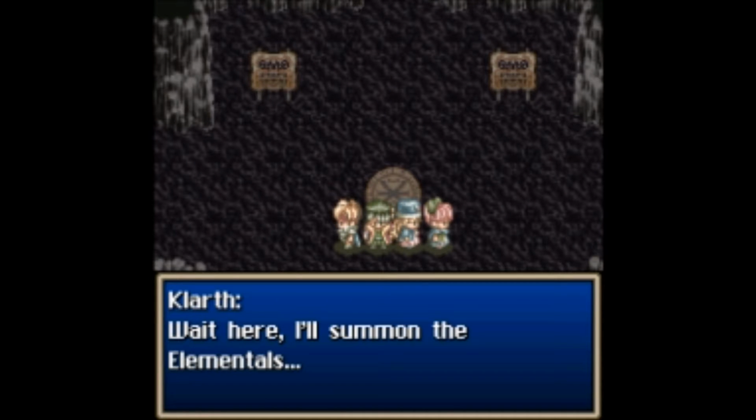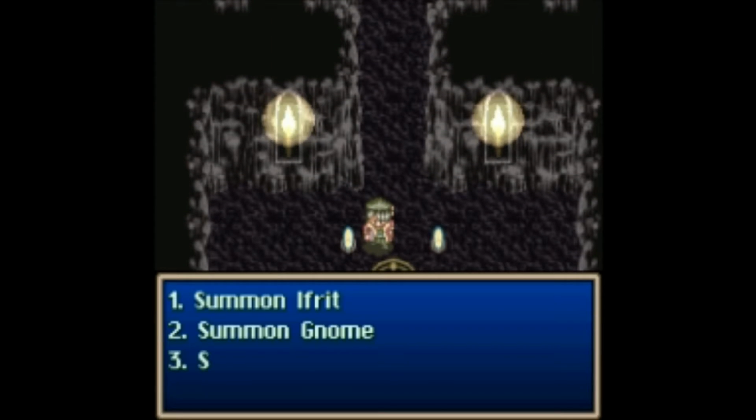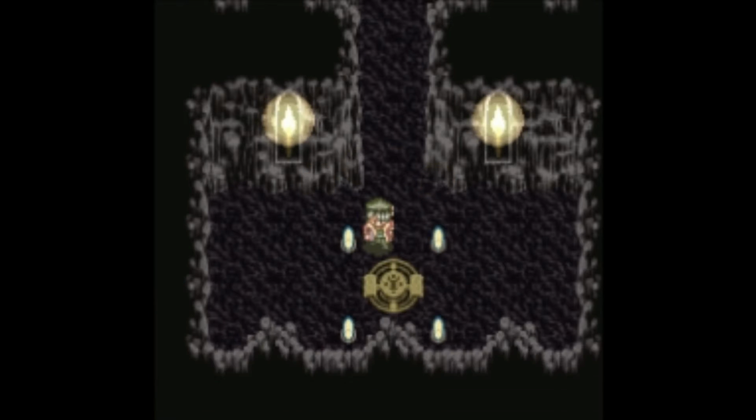Damn it. If you go to this room before you go to the room on the right, you won't be able to do anything. Nothing happens if you interact with these little platforms or whatever, I don't know what these are called. Anyway,